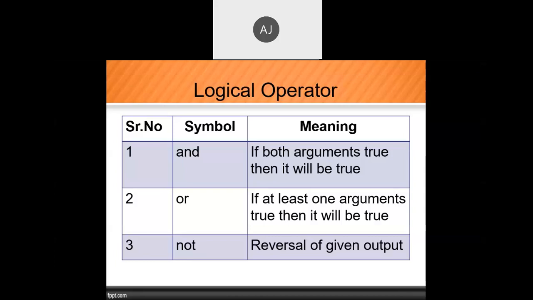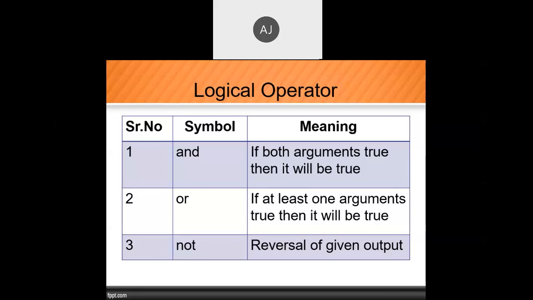The second one is the OR operator. In that case, at least one condition must be true. If you have three conditions and among them only one is true and the rest are false, in that case also it will work. It will give a true value.